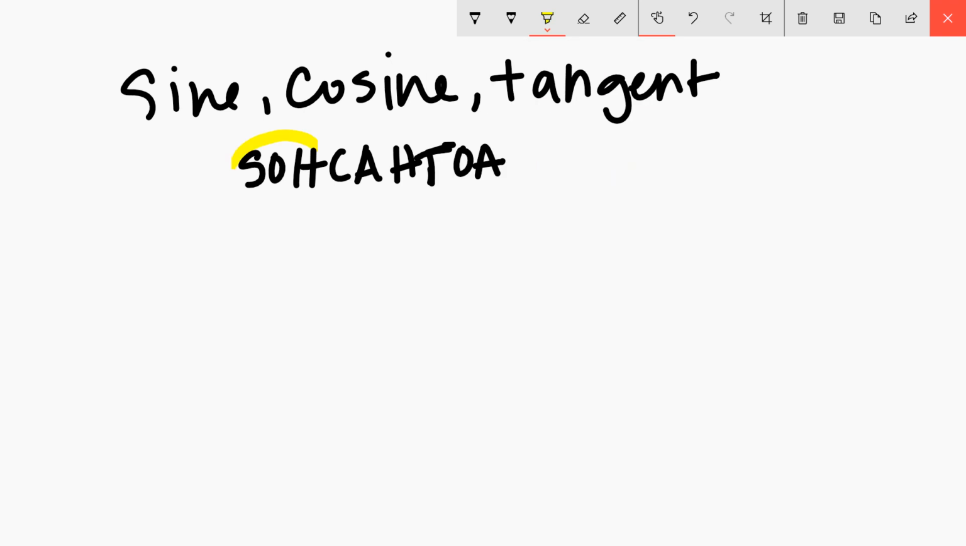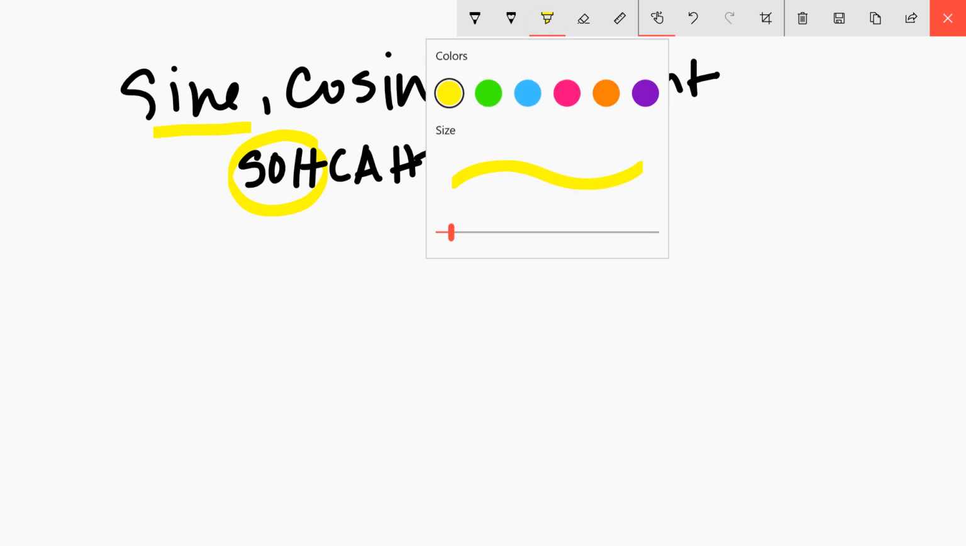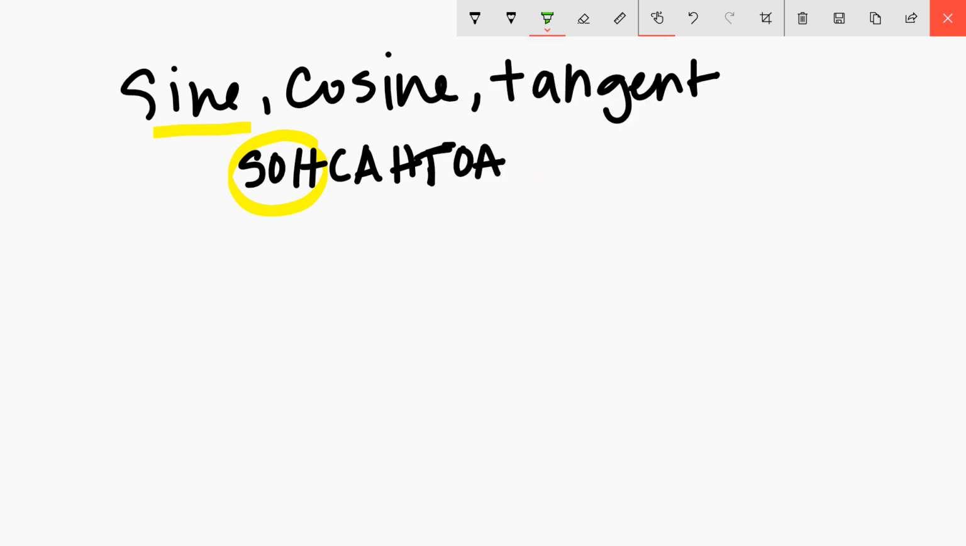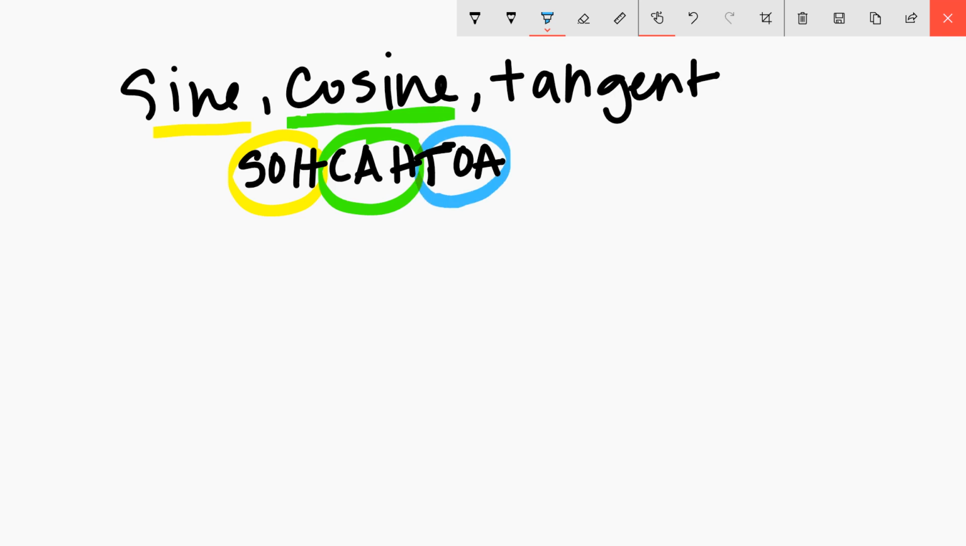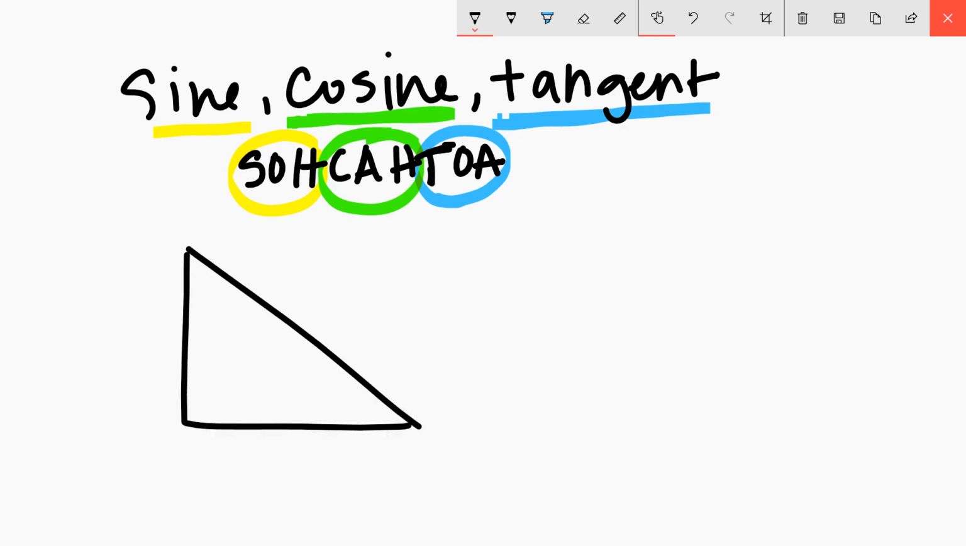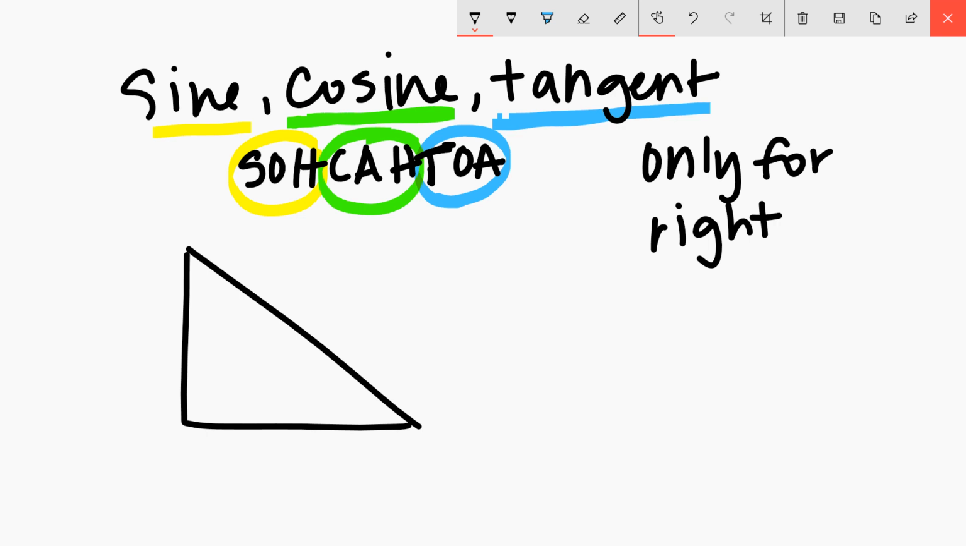The SOH part refers to sine being opposite over hypotenuse. My CAH refers to cosine being adjacent over hypotenuse, and TOA referring to tangent being opposite over adjacent. And what I mean by this is in my right triangle, and only for right triangles,